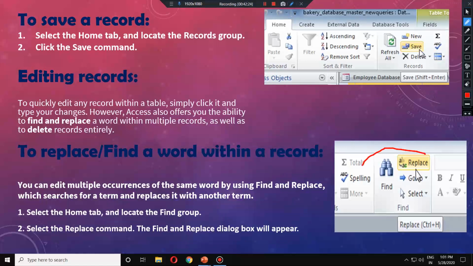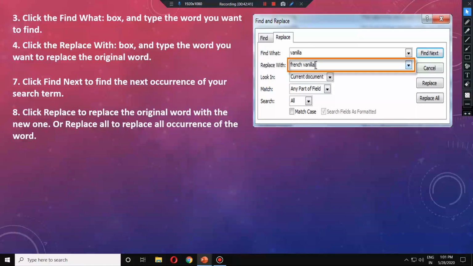We will click on the Replace button. After clicking on the Replace button, you will find this Find and Replace dialog box appears here. In the Find What,